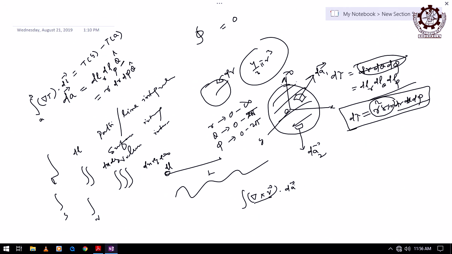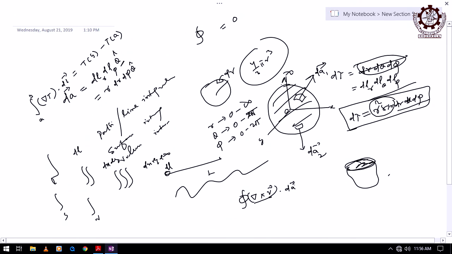And similarly, if you are doing it for a closed surface like a sphere, if it is open like this, it is different, it is only across the boundary, across the line, right. If you integrate it, it will only give you in this line. That is probably Stokes theorem, right. You are getting for volume, but you will get only across the line. But if it is a closed path, it is not closed, it is open here. But when it is closed like this, then ultimately this will give you 0, right.